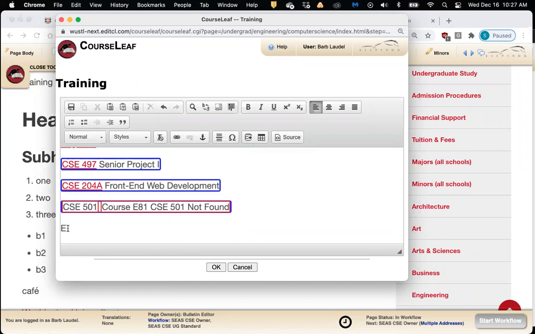But let's say, for example, the 501 course has been approved. It just hasn't been updated in your SIS, for example. Maybe Jennifer, if you wanted to shed some light on this, but I would assume you can still go ahead and write it. Once that course is in your system, that not found piece will then go away.